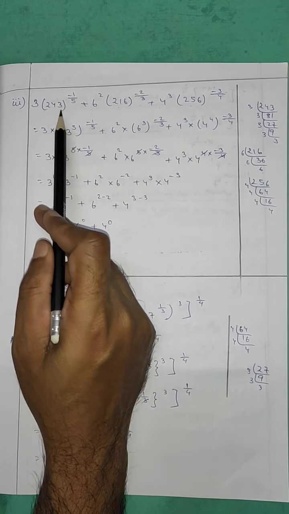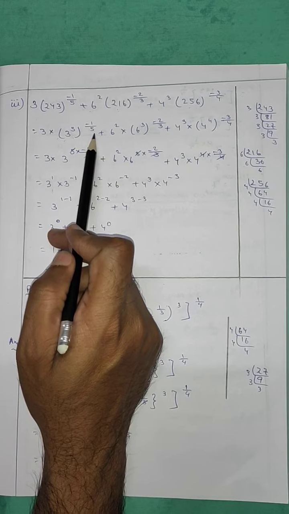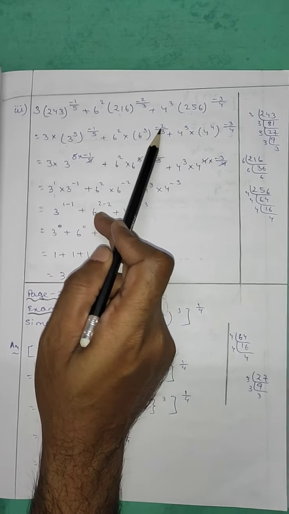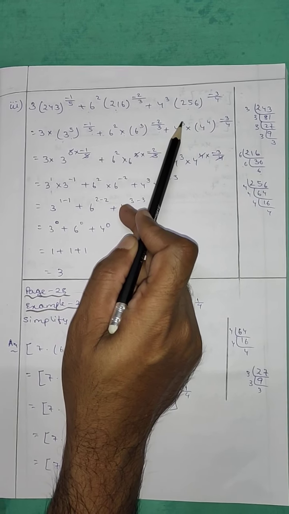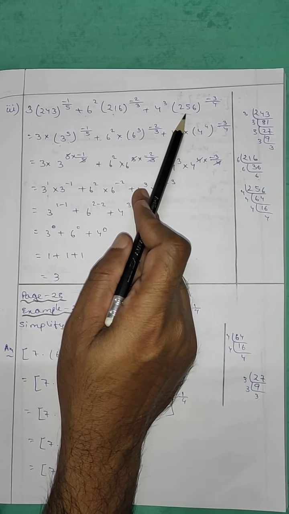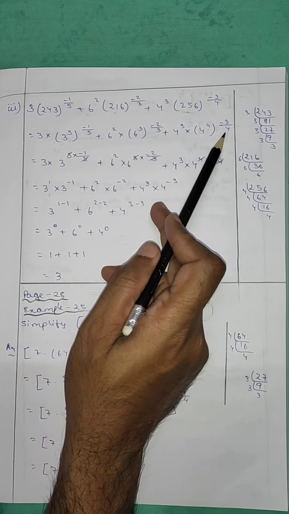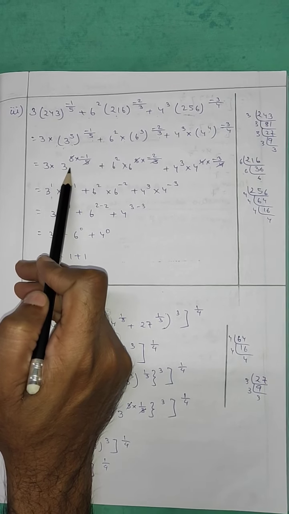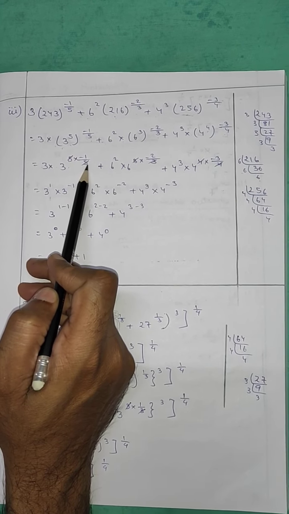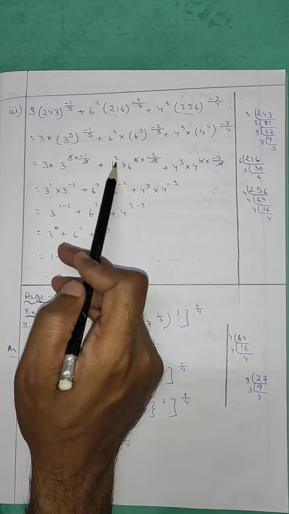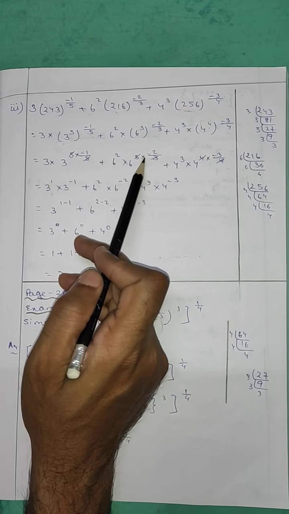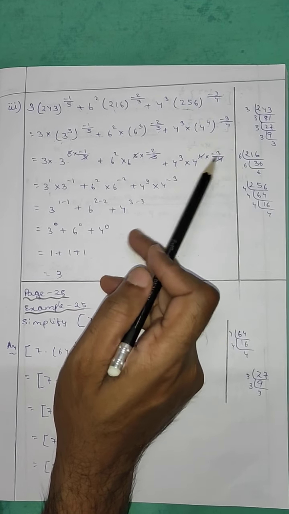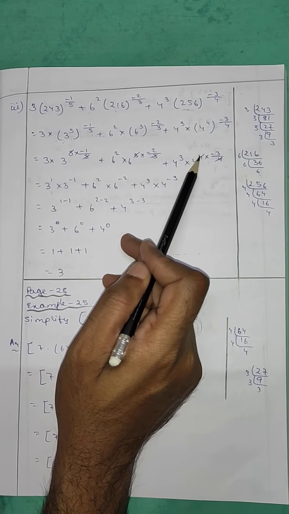So 3 into 3 to the power 5 whole to the power minus 1 by 5 plus 6 square into 6 to the power 3 whole to the power minus 2 by 3 plus 4 to the power 3 into 4 to the power 4 whole to the power minus 3 by 4. Here double power should be multiplied. So 3 into 3 to the power 5 cut, plus 6 square into 6 to the power, double power should be multiplied, 3 cut, plus 4 cube into 4 to the power, double power should be multiplied,